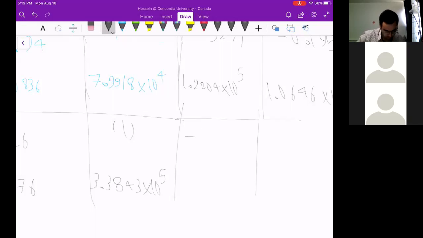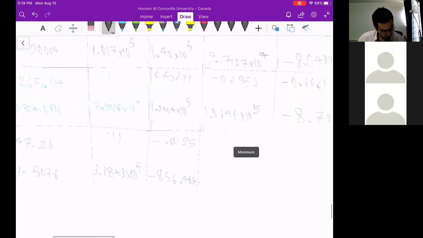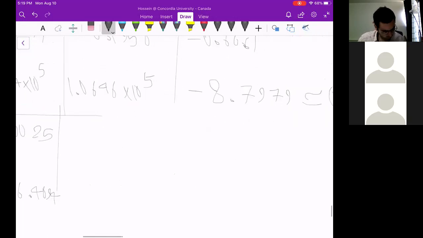Theta 2 is minus 1.0025. Torque 1 minus 805.6. And theta 3 minus 0.99